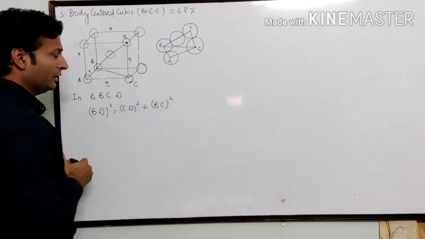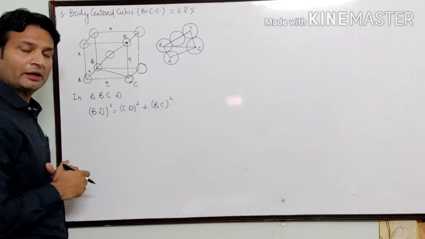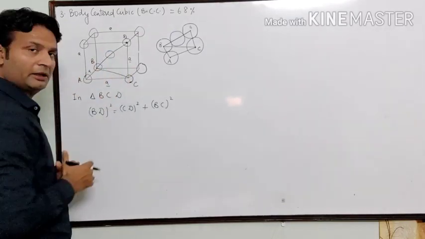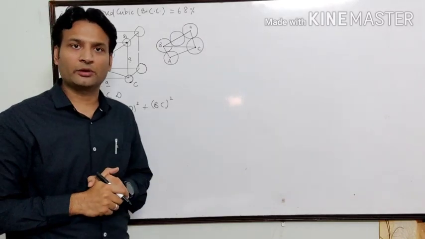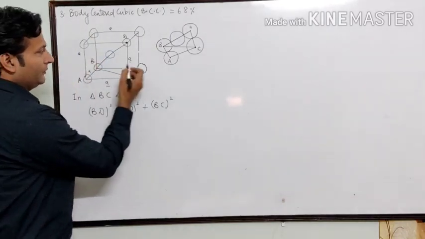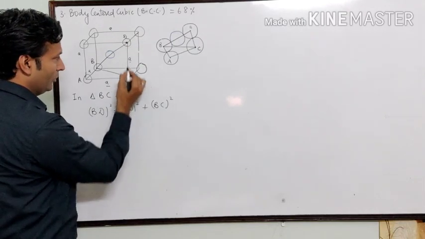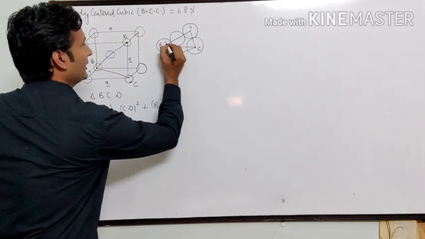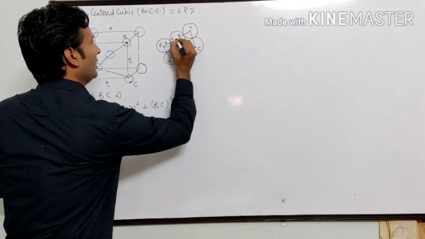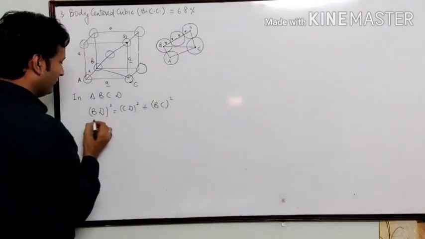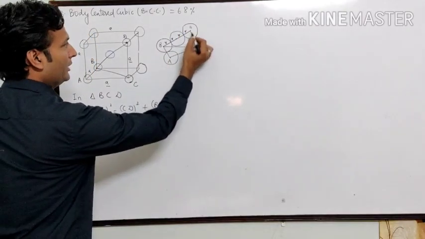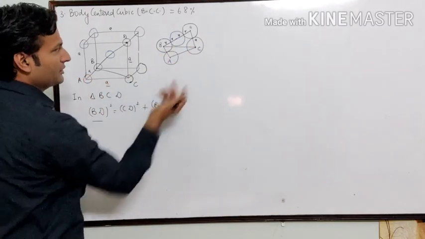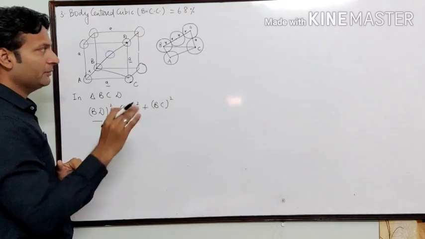Now a student may ask what is the need of the second triangle, because in this triangle the corner and center particles are already covered, so why do we need a second triangle? You can easily see that C to D is A, the edge length A. B to D we can calculate that it is R, R, R and R. It means B to D is 4R. C to D is edge length A. But we have no idea about B to C, and we cannot calculate it directly, so we have to use one more triangle.